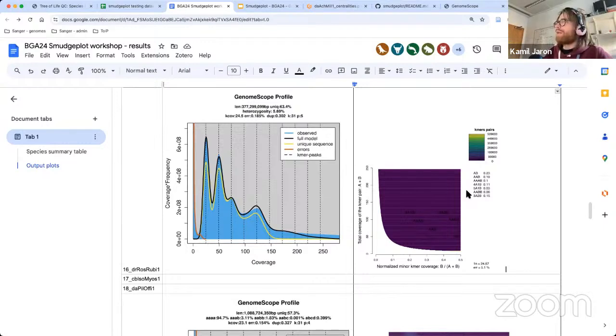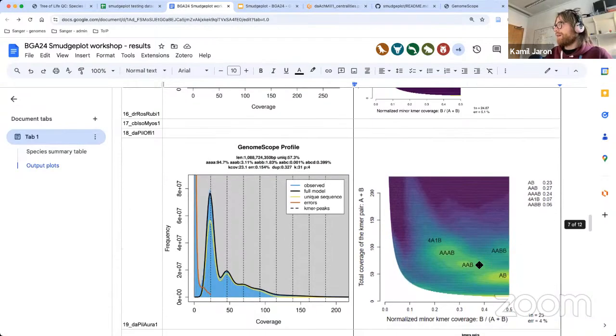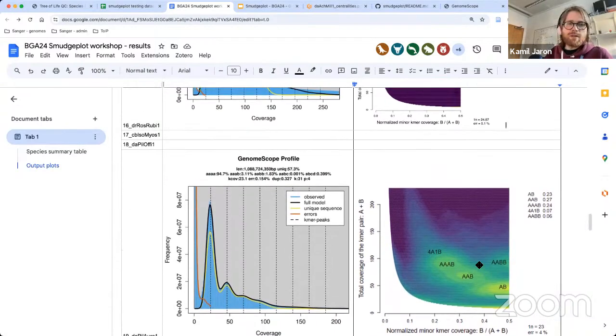If you look at the log plot, I like to look at the log plot because then you don't have to be so cautious with the errors. If you want to have the linear plot, which is legit, then I would recommend being more cautious about cutting out the errors. And yeah, okay, if people need to run, they can run. I can otherwise scroll through the rest of the Smudgeplots.